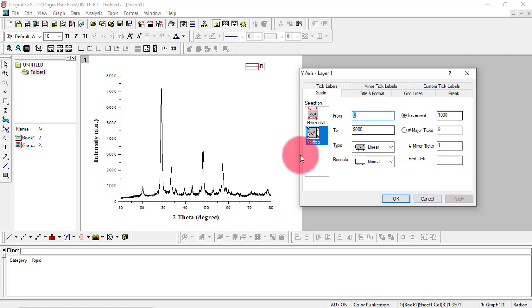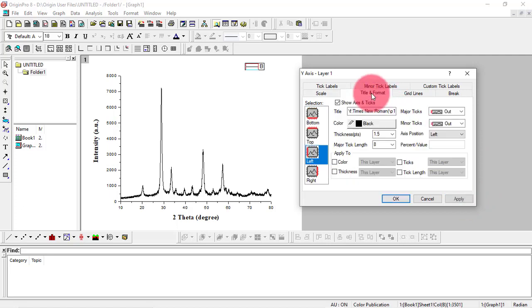You can also set this increment section here. If I apply it here by 500, then your Y column, you can see the changes applying side by side. But I will keep it 1000. I will set the scale to 1000 of increment. And my Y scale is also okay.